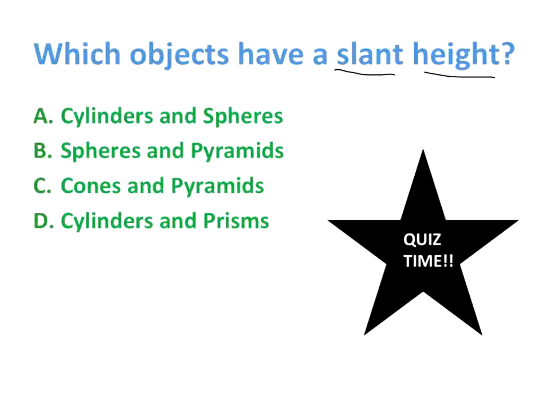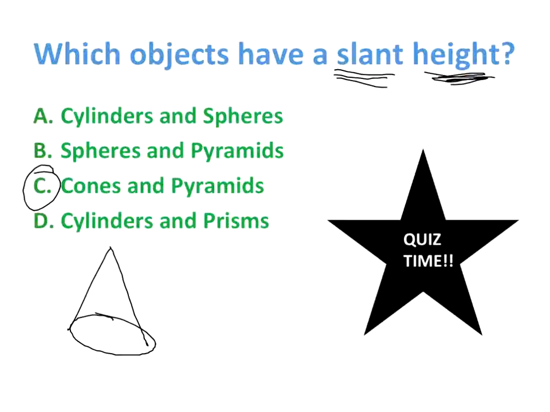Slant height sounds just like it sounds. It's going to be a height on your figure, meaning it is going to form a 90 degree, but it's going to be a slanted height. So our two objects down here that are going to have a slant height is C, my cones and my pyramids. Because if I were to draw one here, and this is what you're reading about in your lessons right now,